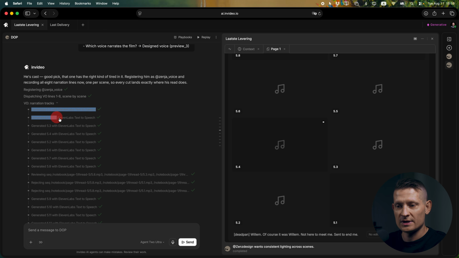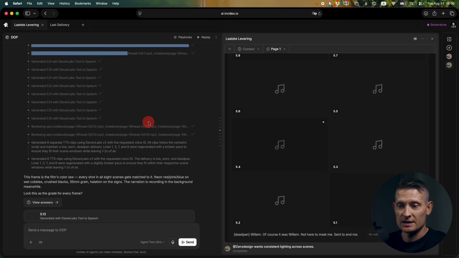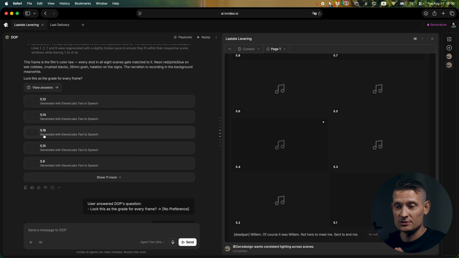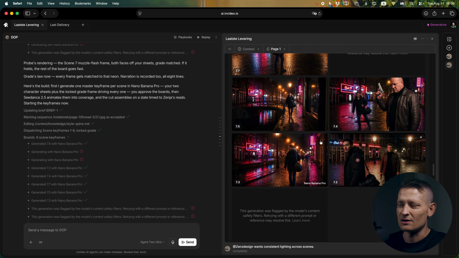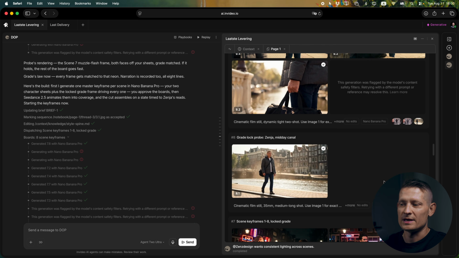So he started generating all those text-to-speeches that were in the script, and then I could listen to all those texts and I could approve those again. Then I got the example images, and I thought this was a bit too dark. I didn't like this dark setting and I wanted to do it all over, and I said let's make a